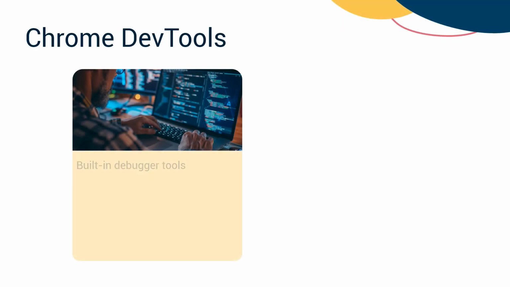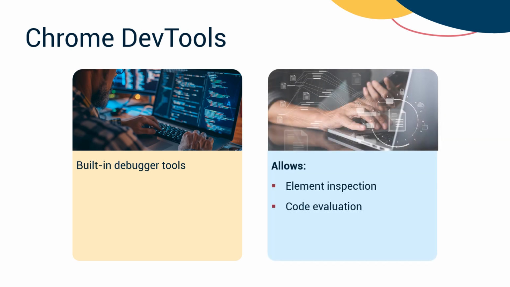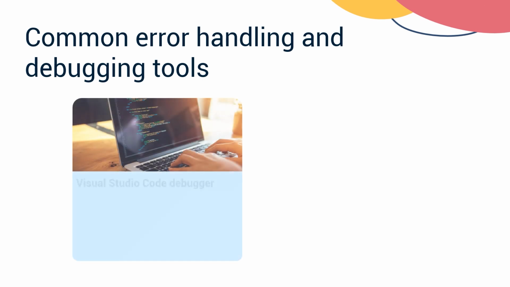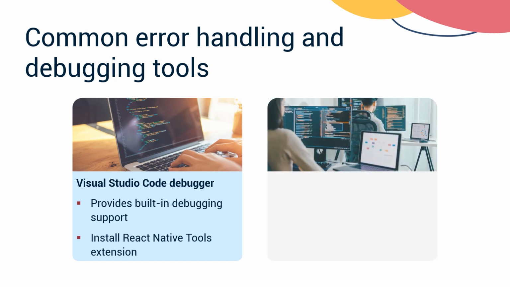Chrome Dev Tools are built-in debugging tools used when running React Native apps in development mode. It allows you to inspect elements, evaluate code, monitor network requests, and debug JavaScript within the browser. Visual Studio Code Debugger provides built-in debugging support for JavaScript and React Native code. You can install the React Native Tools extension in Visual Studio Code to debug your React Native app directly from the editor. There are numerous third-party open-source tools available for debugging and error handling, which can be used based on